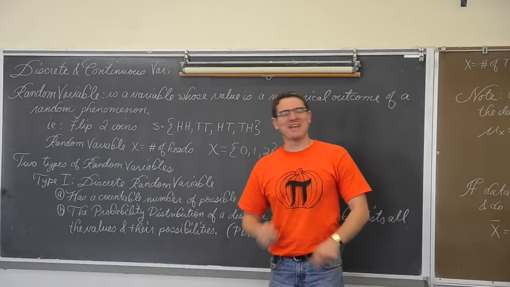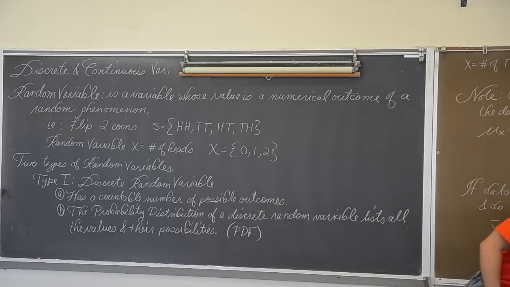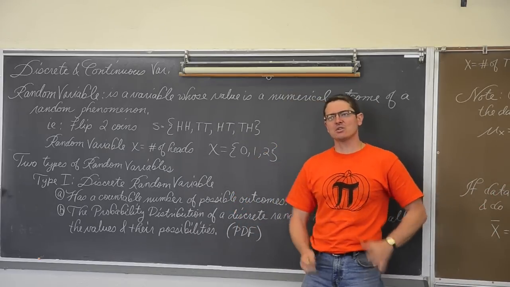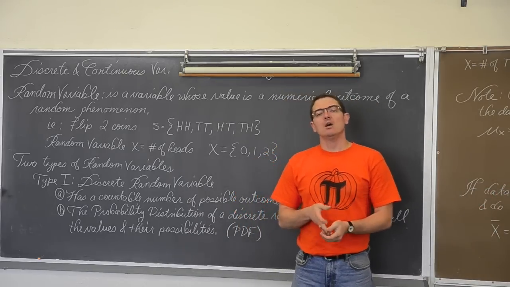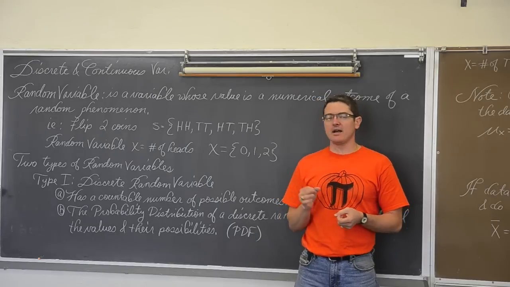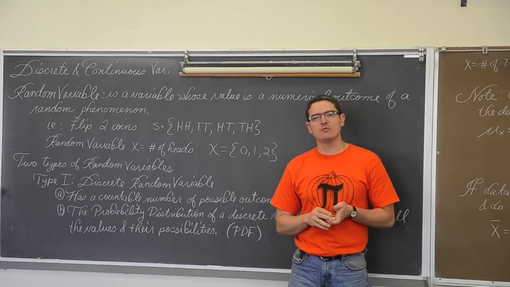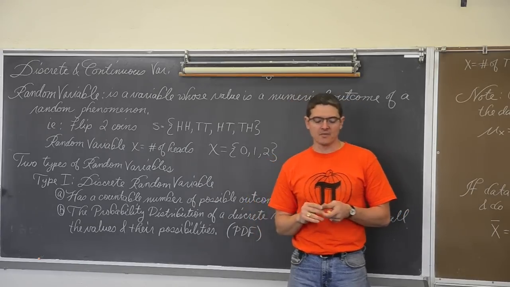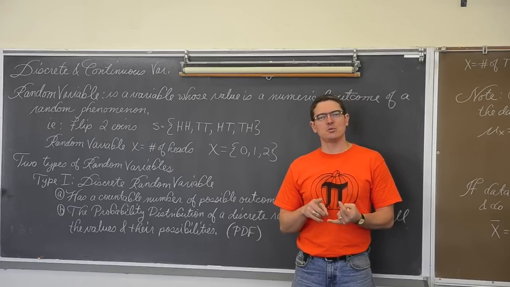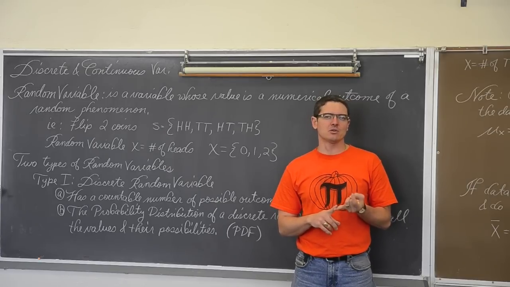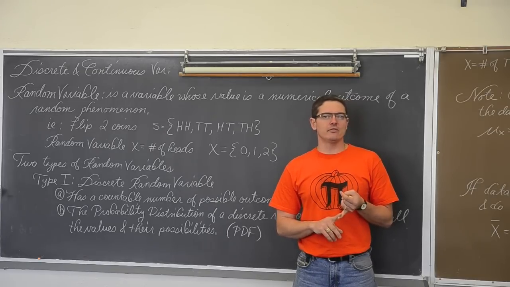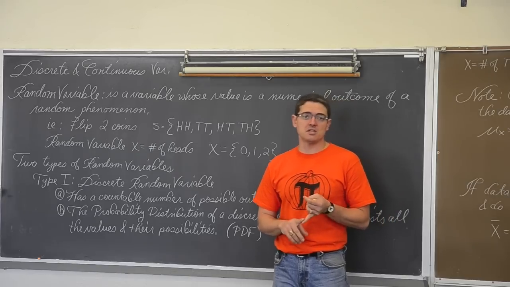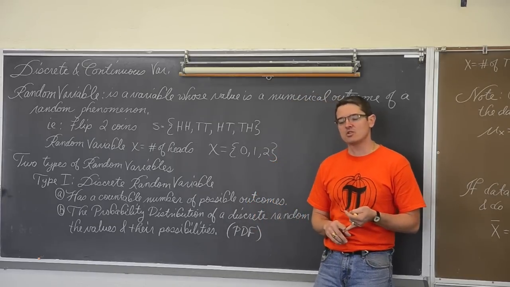Okay, in this video, we are going to do a fair amount of review. We're going to define two types of variables that you've already learned how to deal with: continuous random variables, which you started working with in chapter 2 or 3 of your textbook when you learned z-score calculations and the normal distribution.